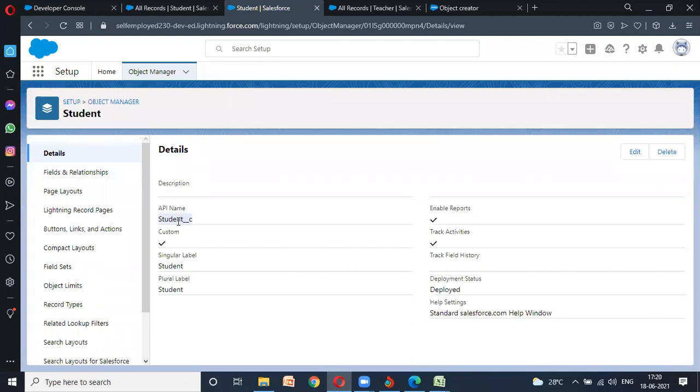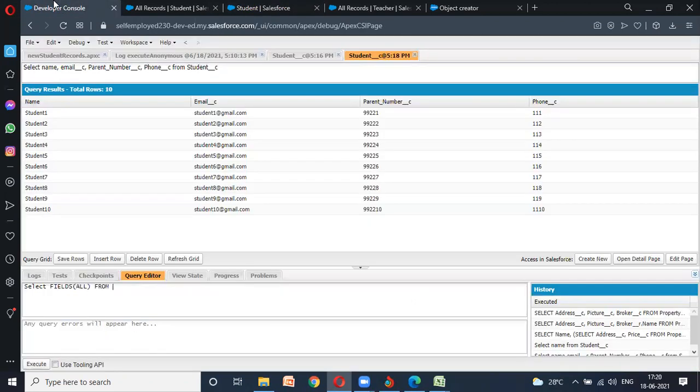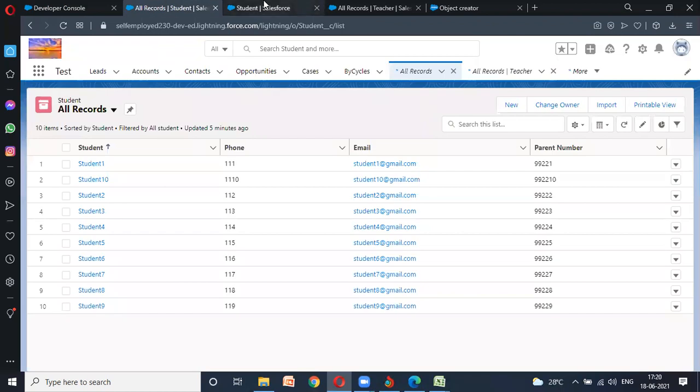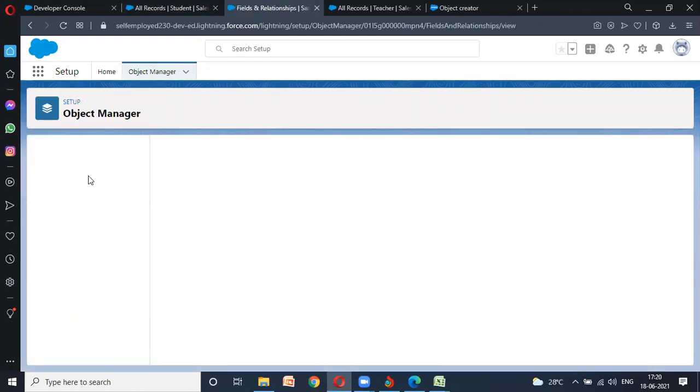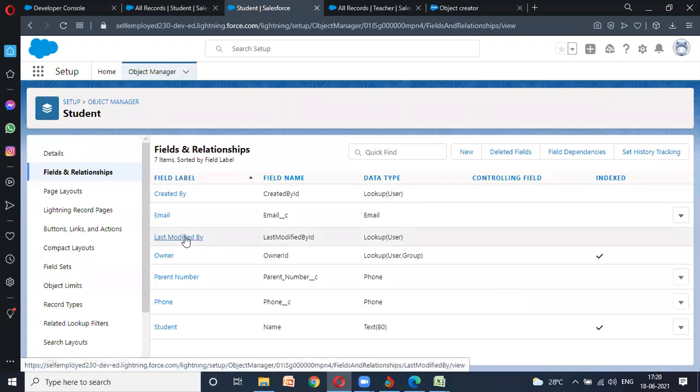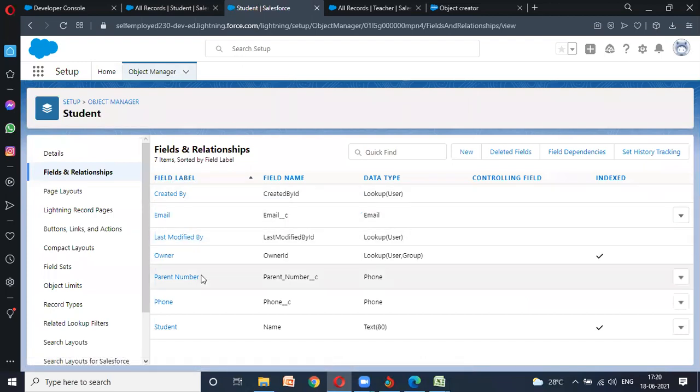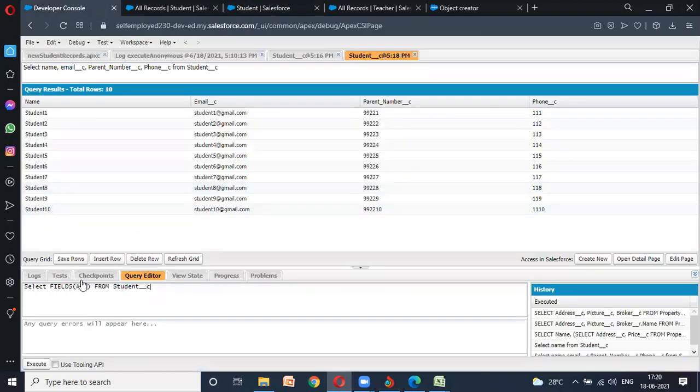I need to copy the student URL. Go here, click execute. So basically now what will happen: these are 1, 2, 3, 4, only 4 fields were shown, right? If you go here in the students, there are actually 1, 2, 3, 4, 5, 6, 7, 7 fields, but actually it's more than 7 fields. So once you click all, it will show you actually all the fields. Let me click here.